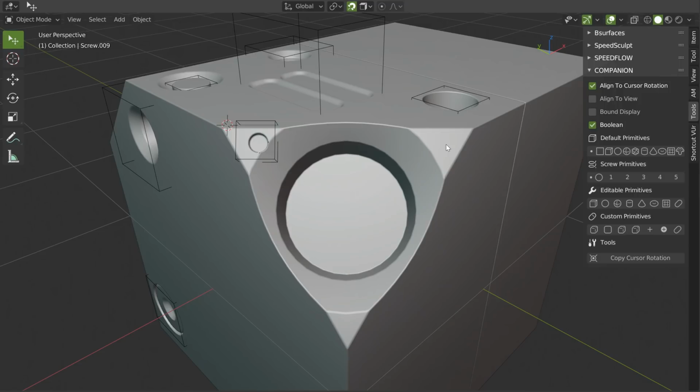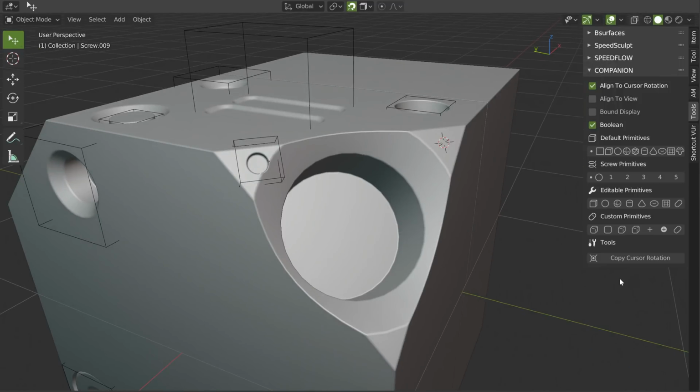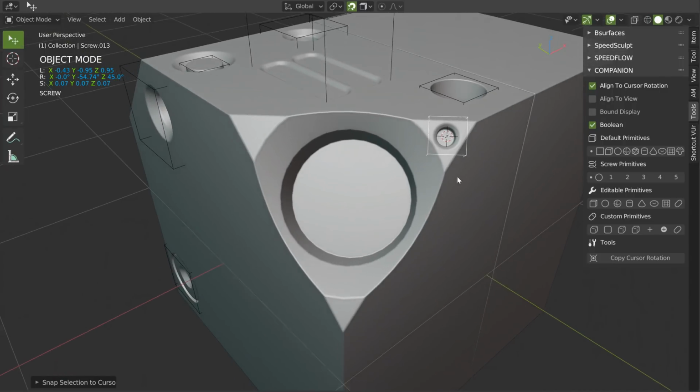So I will restart. Maybe I can make a one click and place to the cursor. Yes, this is a good idea. I will make this, place to the cursor, so that will copy the cursor rotation. I need to select this one. Copy cursor rotation, Shift S, selection to cursor, and that's it. Can be really nice.